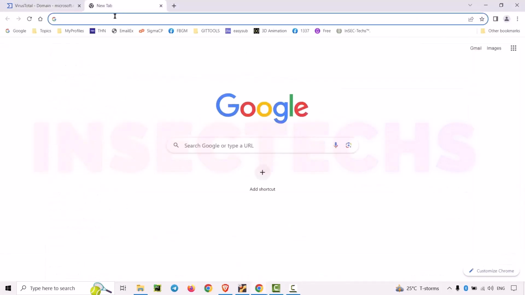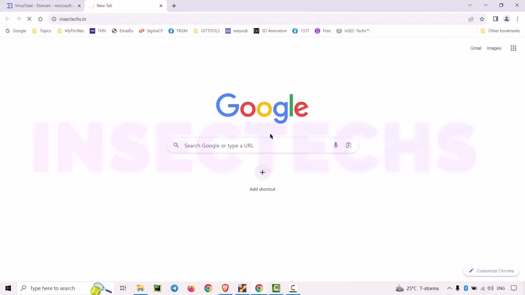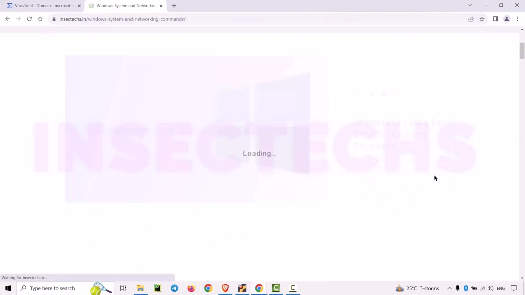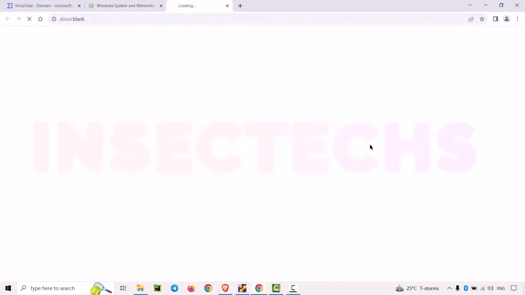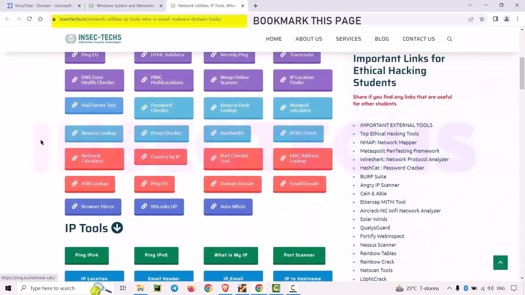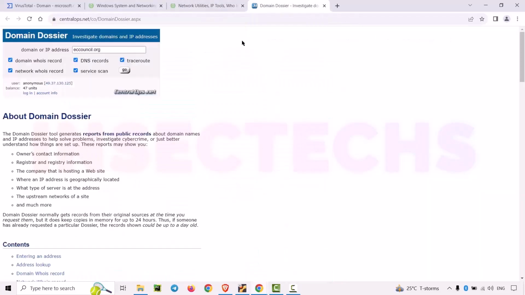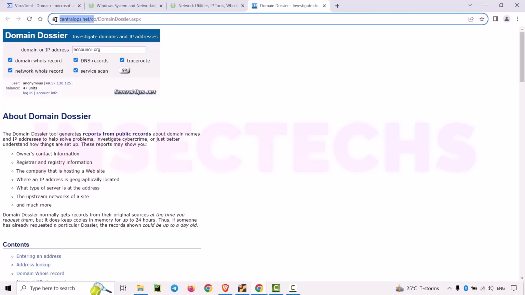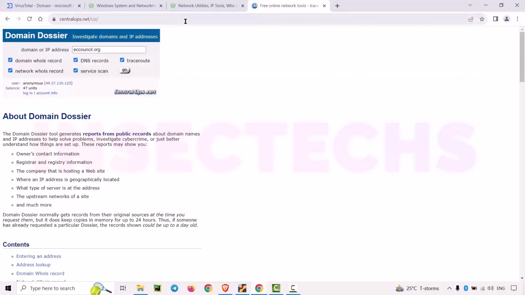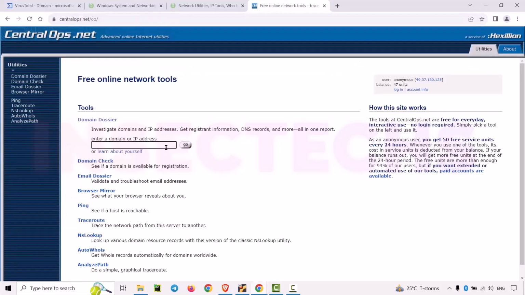So let me open INSECTECHS.in. On top, external tools. So we have a list of tools on my website, and in here if you come to Domain Dossier, if you click on Domain Dossier, it will redirect to a website called centralops.net. Now let me go to the main page of this website, and if you type your target domain name,